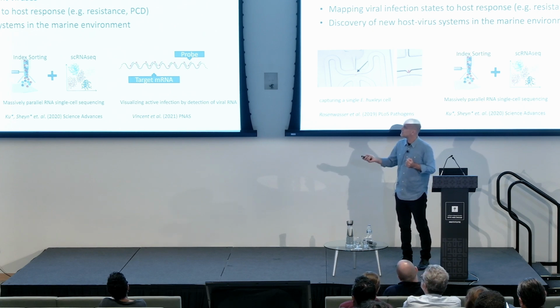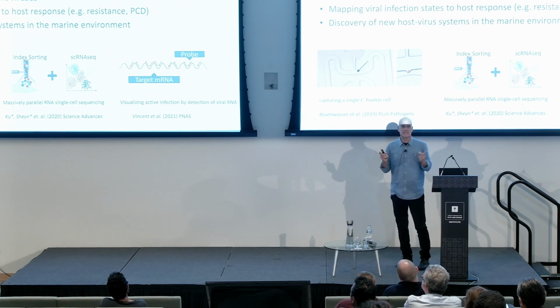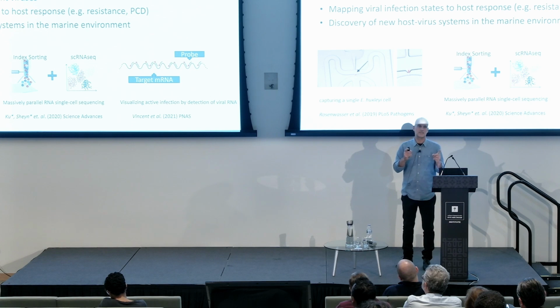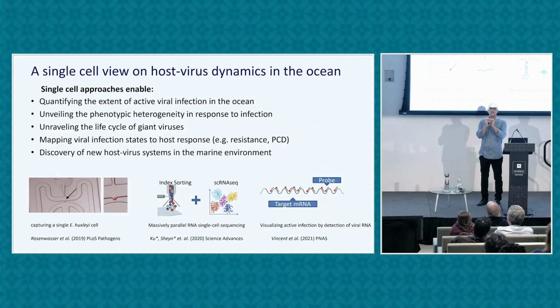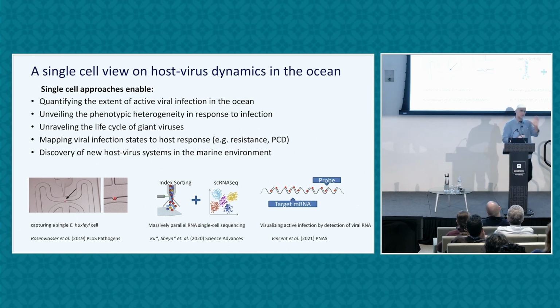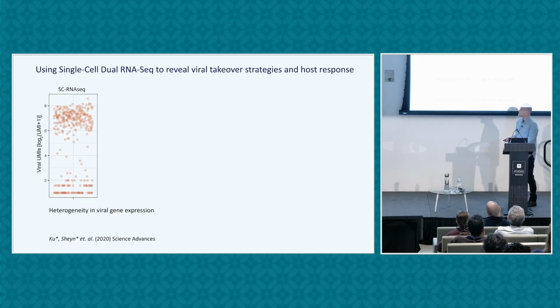And also for us is a new way to discover pairs of host and virus, because we're looking at active infection, RNA of both the host and the virus on a single cell manner, meaning they meet each other, infect, and replicate. So it's a way to capture interaction in action of every host pathogen interaction. Just as an example how it will look like,